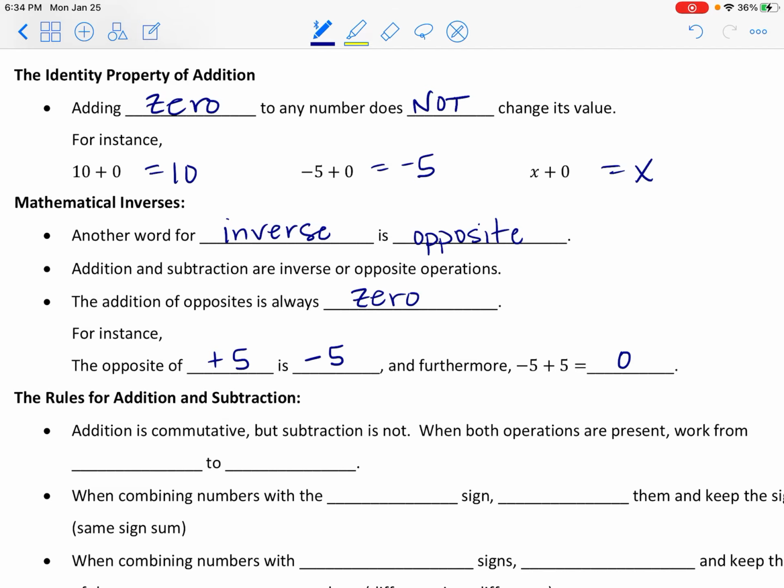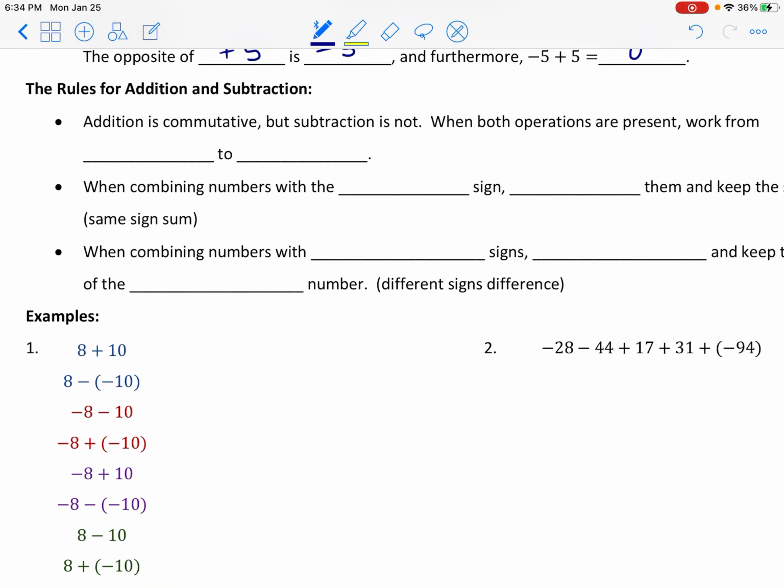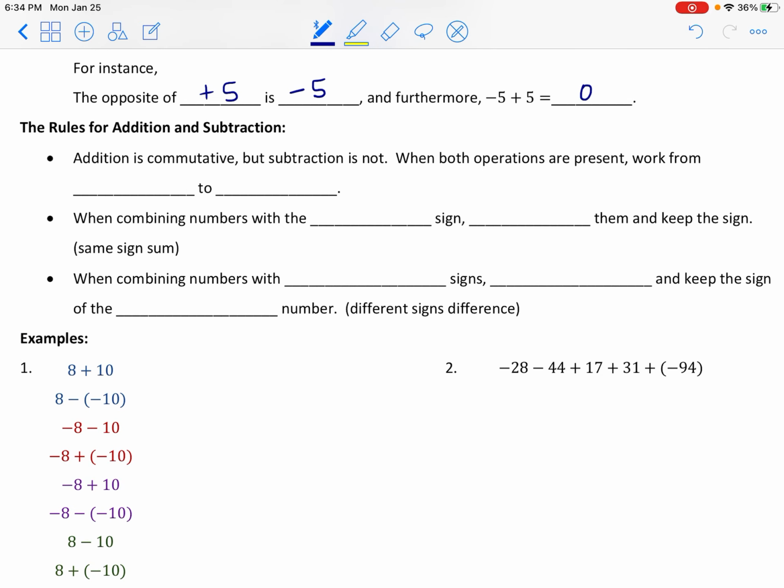All right, so we're going to get into some of the adding and subtracting, which may have been a while since you've seen some of these rules. But addition is commutative. Remember, that property means we can change the order in which we add and still get the same answer. But unfortunately, subtraction is not. So if you have a problem that contains both operations, what we're going to do is work from left to right. So that's the rule, work from left to right when you have operations that aren't necessarily commutative. And in the process of working left to right through the addition and subtraction,